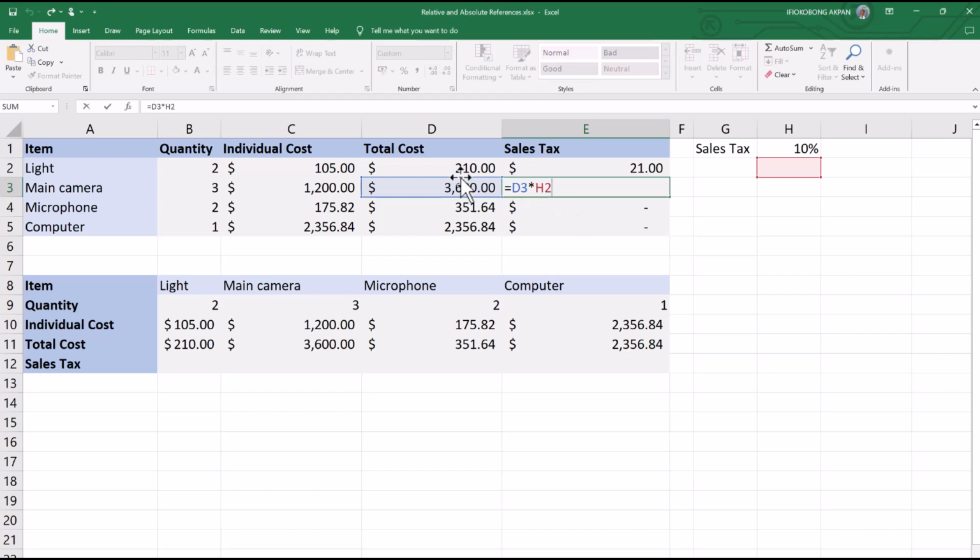So we are now trying to calculate our value here, which is at D3 multiplied by H2. But our H2 here, we do not really have any value here. So multiplying by an empty cell, that's why we have this dash here. All right, so in order for us to fix this, what we have to do is to introduce what is